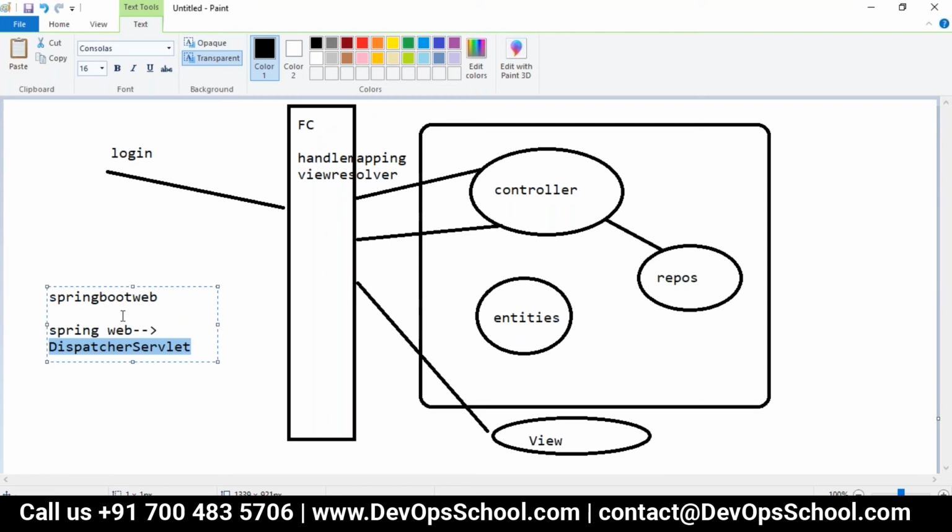If you are working with only Spring Web application, without Boot, you have to configure the dispatcher servlet.